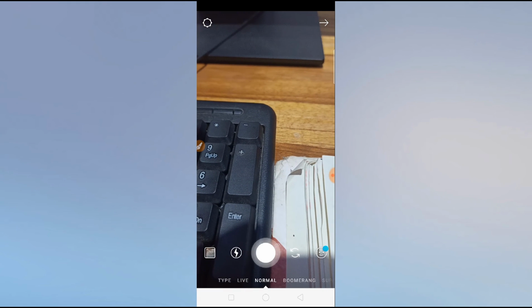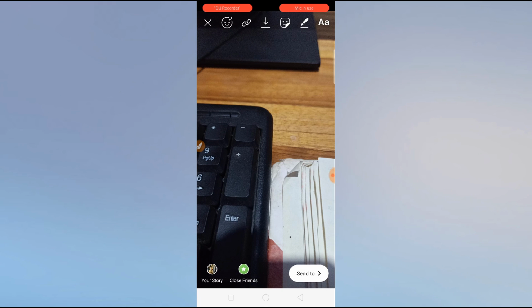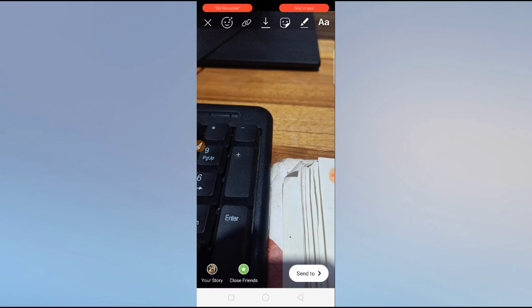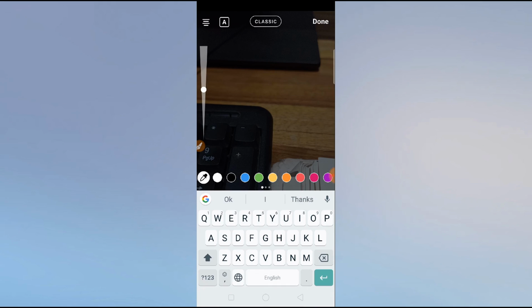I will click one picture here and then go to the sticker icon. You can see here the mention option is available on my device, so you will find it in this way. Or if you can't get the option, then what you can do, if you wanna mention someone, is just go to the alphabet option. Just go to this option,